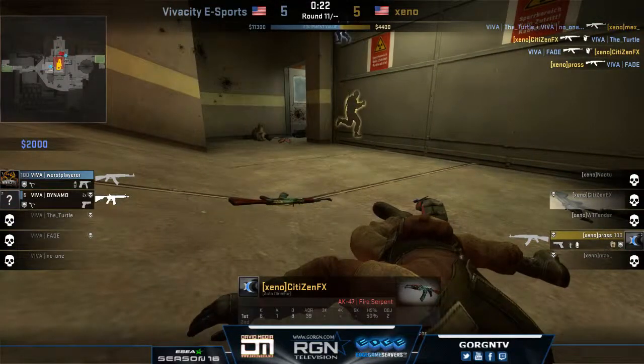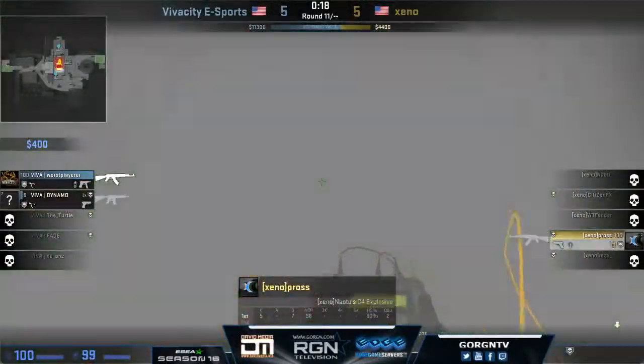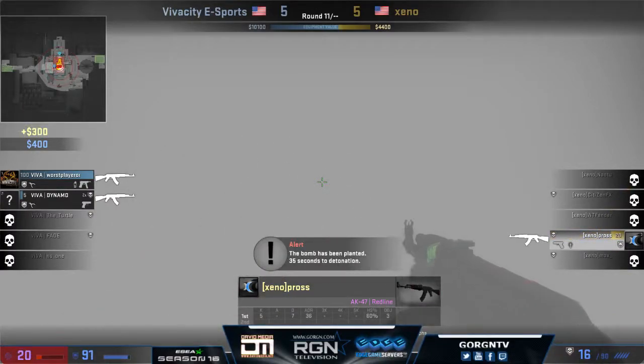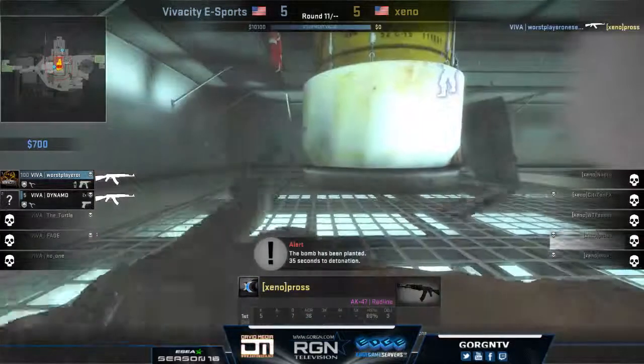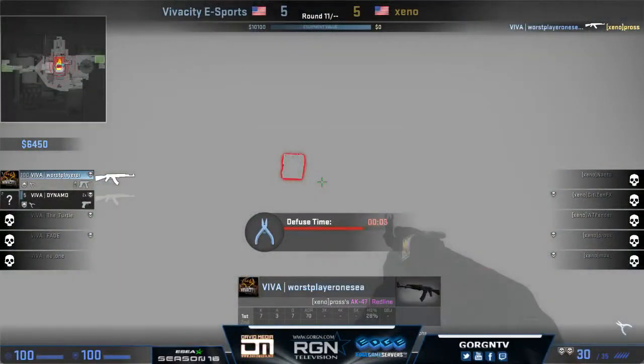The Turtle finds one. Citizen answers back for Xeno. Fade will take Citizen, and Pross will get a kill, now making it 1-on-2. Trying to plant the bomb lower. Pross does get it down, and he's down to 20 HP in the smoke, trying to find his footing outside of it. He got lost, as did I,